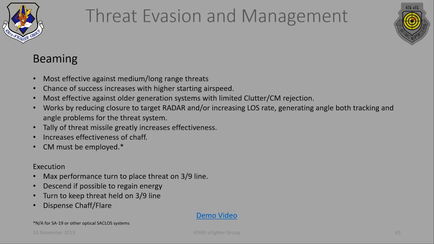Okay, next one then, beam. Obviously, most simple one really that everyone's going to be familiar with. Most effective against medium and long range threats when they're launching, at the edge or at least in the outer 60% of their missile engagement range, and most effective against the older generation systems with the poor clutter and countermeasures rejection. Works in 2 ways. Firstly, by reducing the closure to the target, so you reduce your radar return, causing it to hopefully lose lock on you altogether, or increasing your line of sight rate, so you're generating angle problems and tracking problems